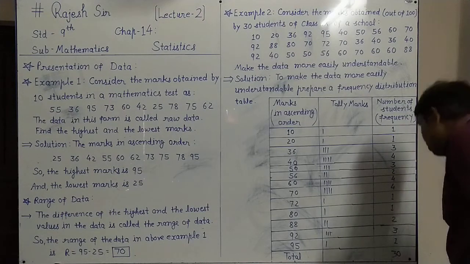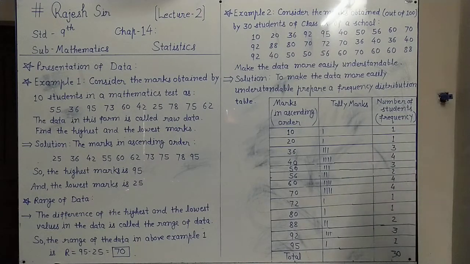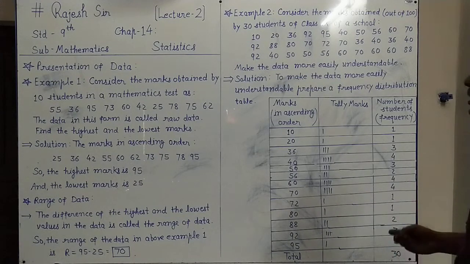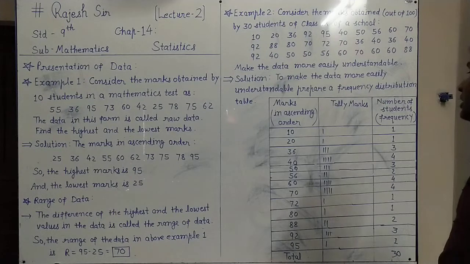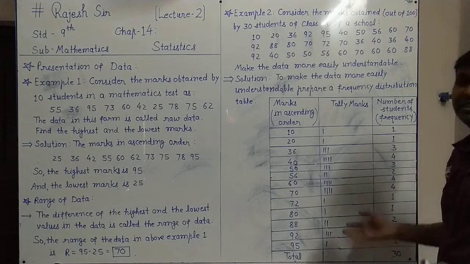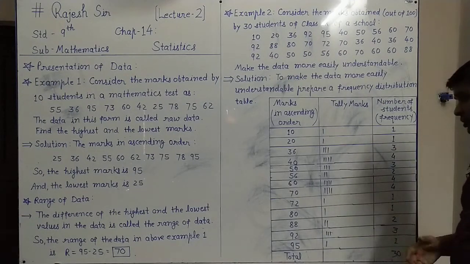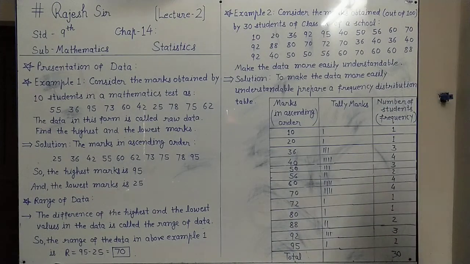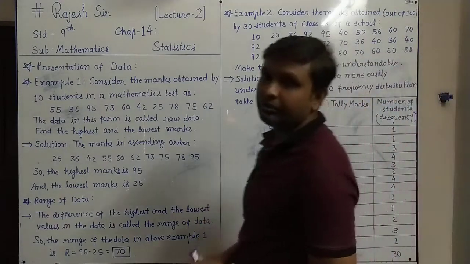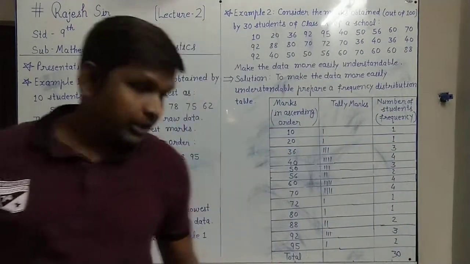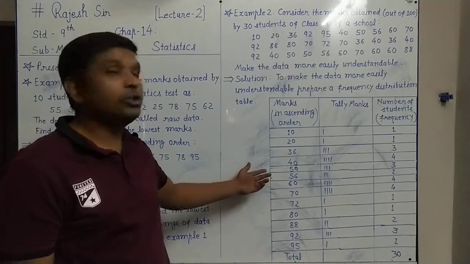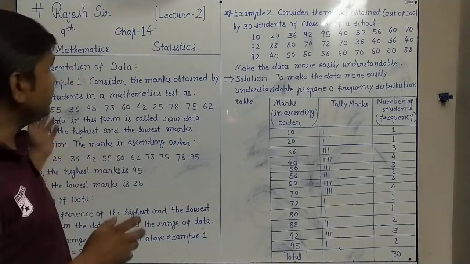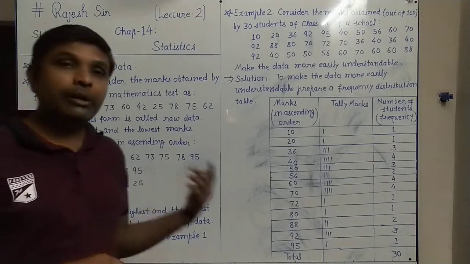So now the data is more understandable, you can directly say anything which is asked about the data, like how many students got 10 marks or 20 marks, less than 30 marks, that type of question, or more than 90 marks, the students are 3 and 1, that is 4. That way we can answer many questions if we represent the data in a frequency distribution table. So this is the presentation of data we have done in examples 1 and 2, and more types of presentation we will